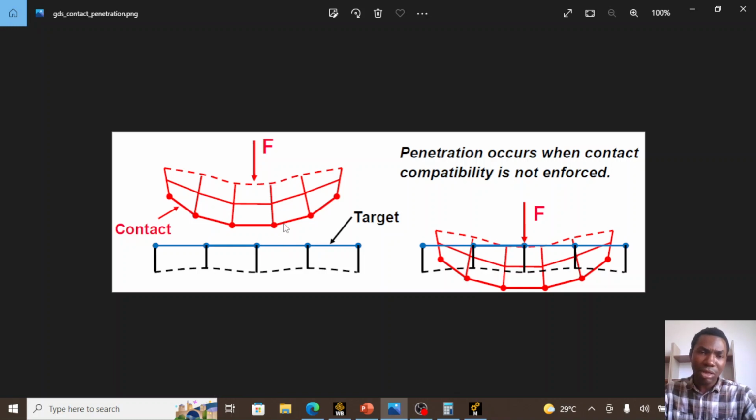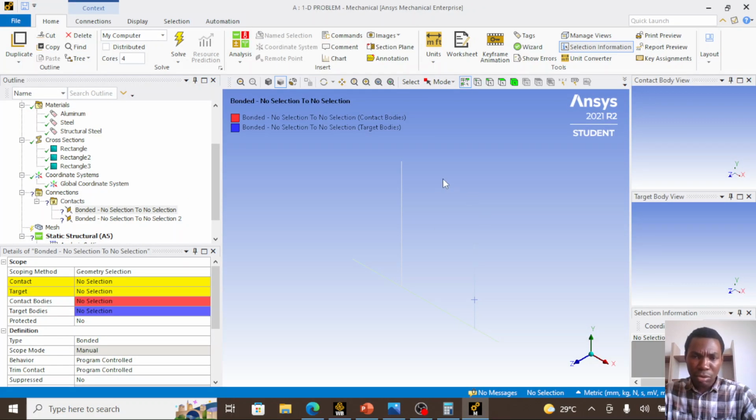The contact body is the body where the force is applied to, while the target body is the body without contact force. This body will touch, this contact body makes connection to this target body. So this is the explanation for contact and target. So for our steel rigid body connection, our contact